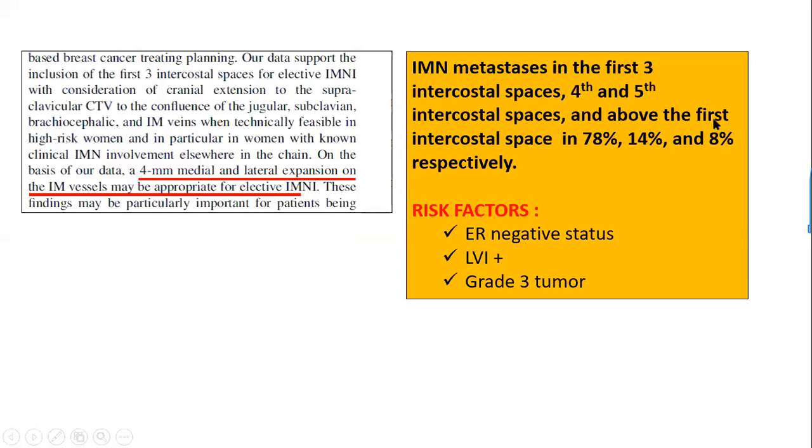ESTRO takes care of the part above the first intercostal space. But ESTRO, RADCOMP and RTOG don't take the fourth and fifth intercostal spaces, which correspond to this 14%. Now again, in this mapping study,